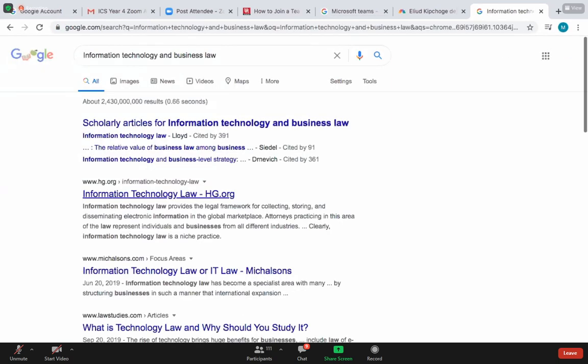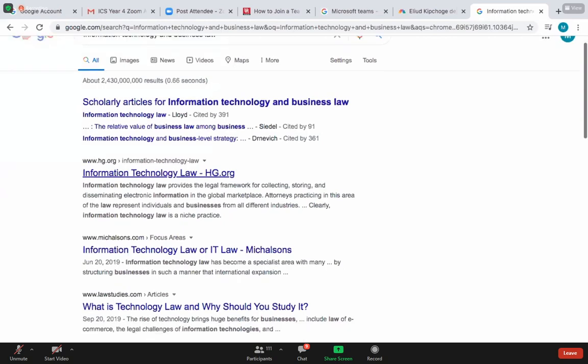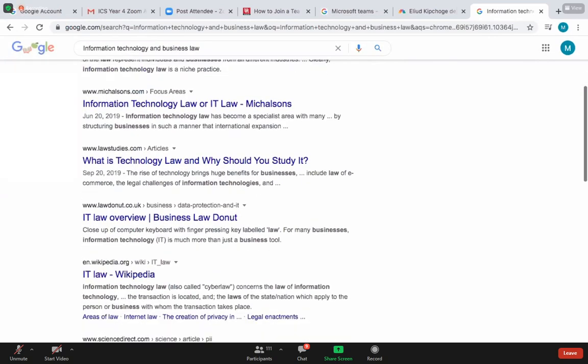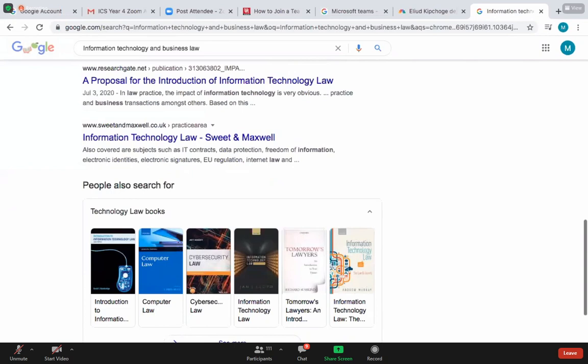So, information technology and business law is not really a special area. I can't tell you information technology and business law is a specialization, a specialized area of law. They are just specific things you're going to learn. Information technology and business law, computing and business law are just